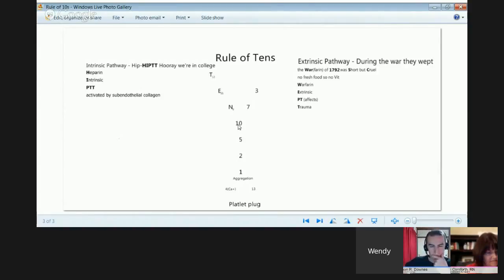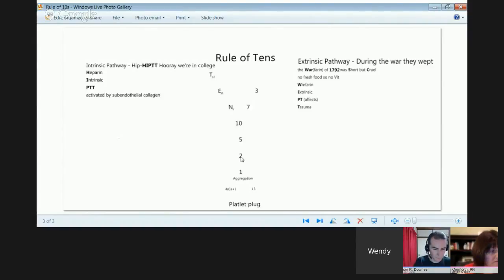And then the other thing that you need to know is, first of all, the factors have names. Now, having said that, you really only need to know 3 of them. Well, sort of 4 of them. So, factor 2, the